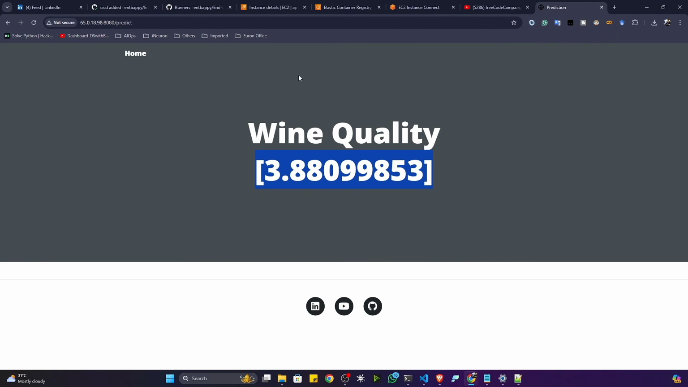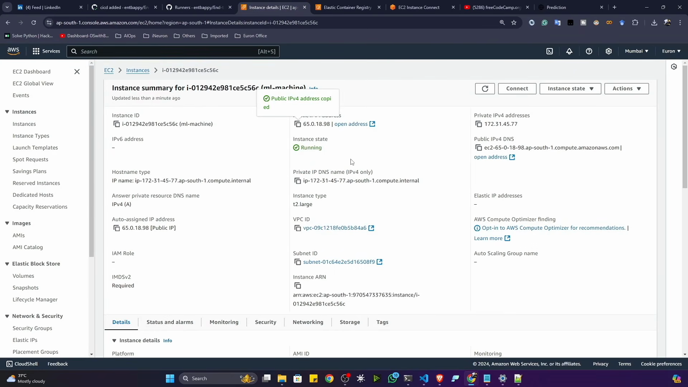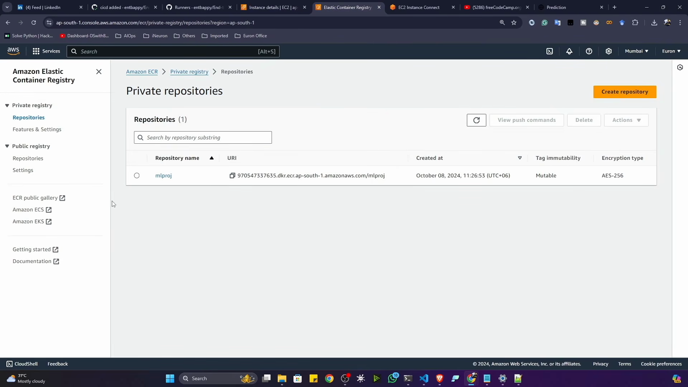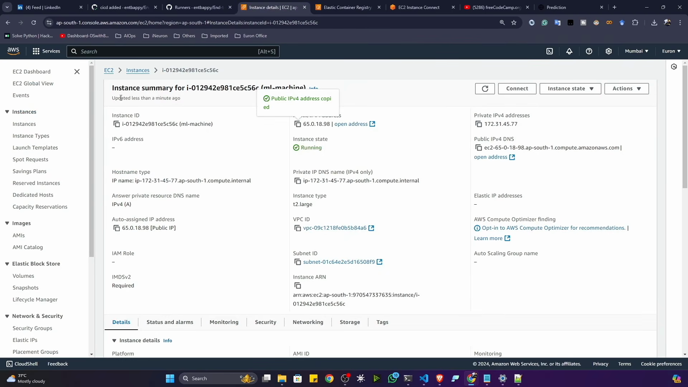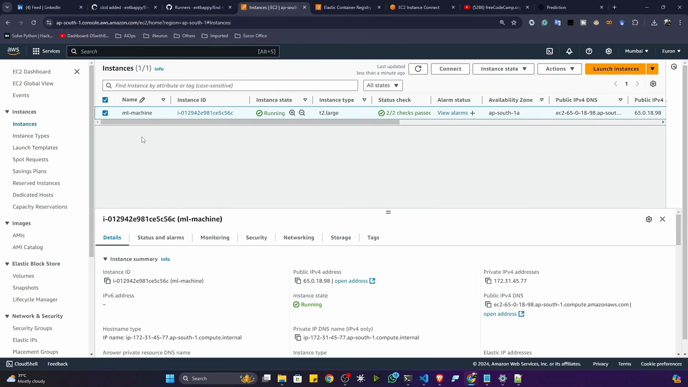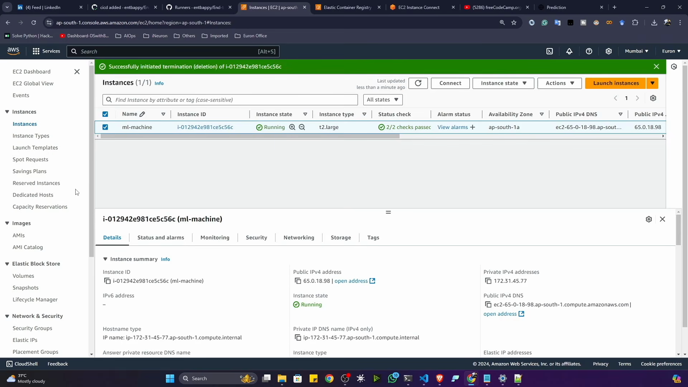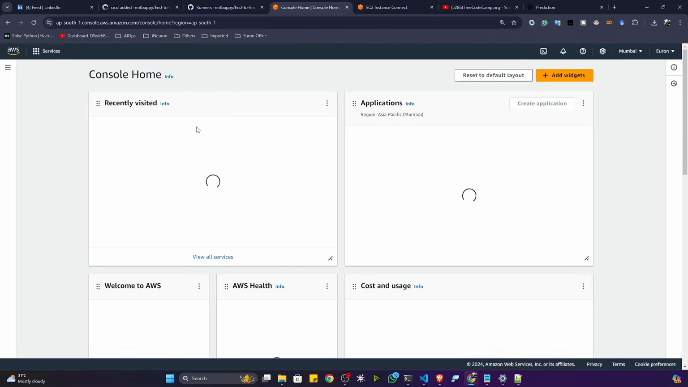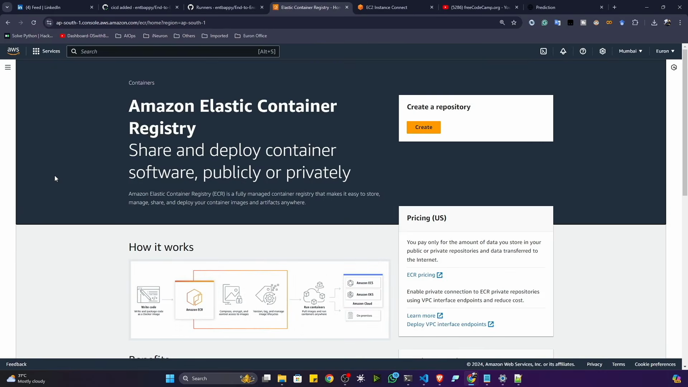Now let me show you how we can destroy all these instances you have created. Let me show you the termination, otherwise it will charge you if you keep on running this. So for this, first of all, I will stop the instance, select the instance, click on instance state, and click on terminate. Okay, terminate means it will be deleted after some time. So it is shutting down. After some time it would be deleted. Now similarly, I also need to delete my ECR repository